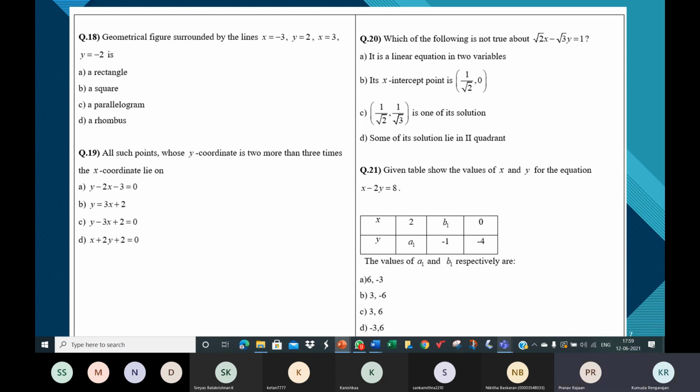Okay, fine. But you cannot use right, left. You should say above. They don't mean the same. Right and left are different from above and below. So y is equal to 2 is a line parallel to the x-axis at a distance of 2 units above the x-axis. And y is equal to minus 2 will be parallel to the x-axis at a distance of 2 units below the x-axis.